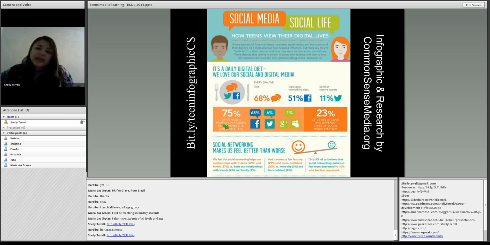So we just have to be patient and persistent, and we can really get them to care about the information that we are delivering, and we can get them engaged and really involved with it. So what do teens like to do with mobile devices? There are several types of mobile devices. They're always on their phones. They love their phones.